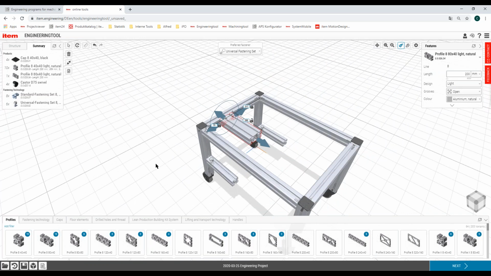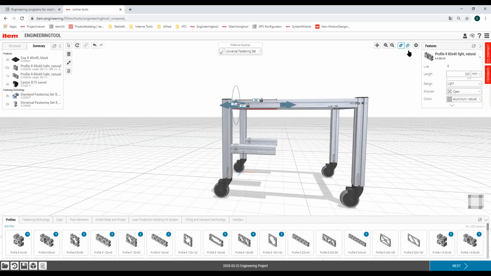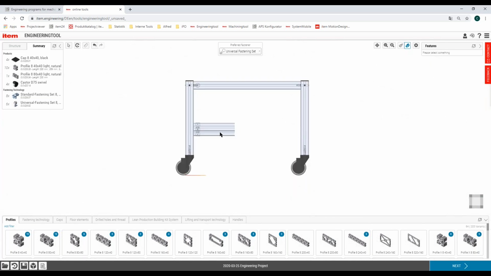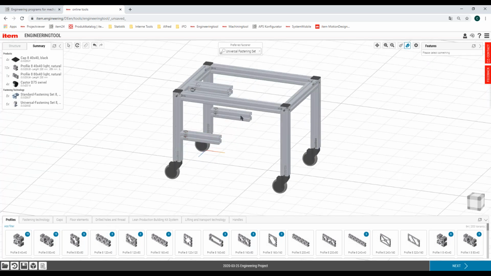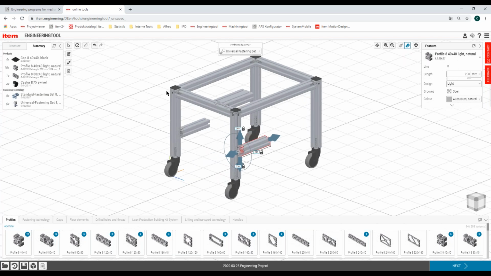And now we are getting to the point that we have three different profiles in different heights, as we can see here. And now we would like to stretch all of these profiles to this profile here. So, of course, now you could say, yeah, but I know this profile is 520 long, so I could just go to this profile, enter the length, and I'm done. But as I said, I'm a lazy guy. So I just rotate my view a little bit.